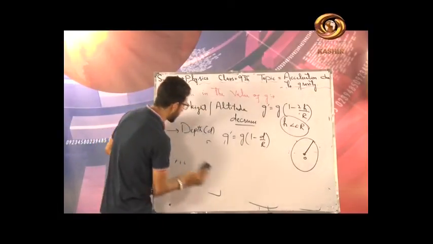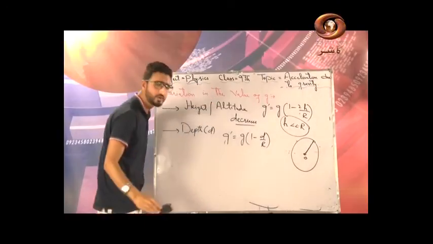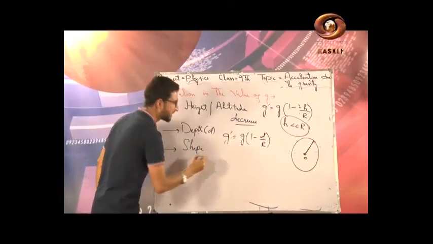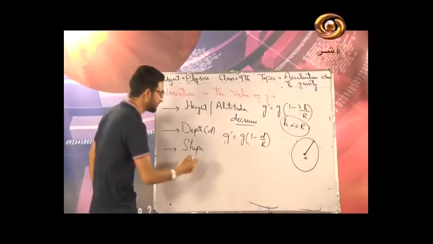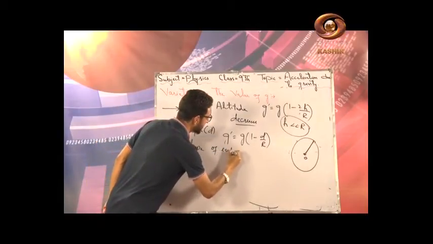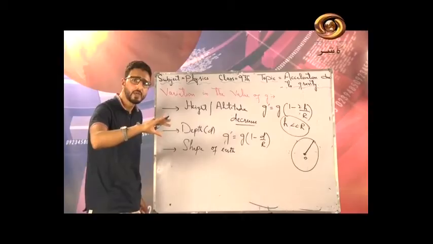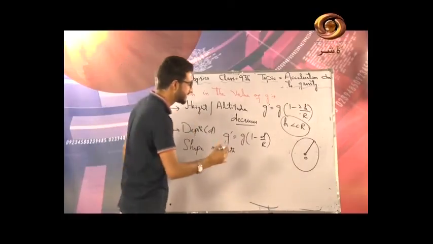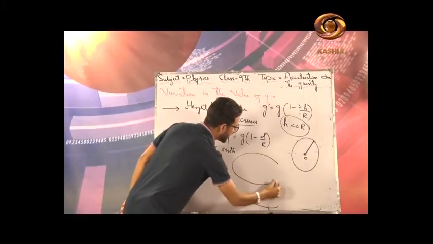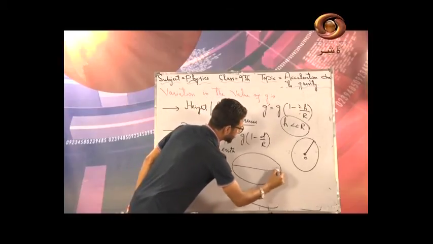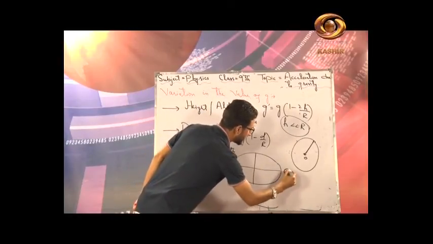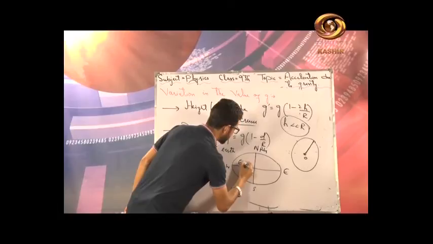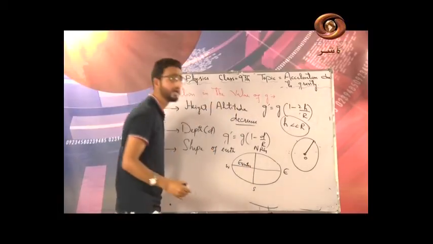Now the third factor upon which the acceleration due to gravity depends is shape of the earth। लेक्चर से पहले ही, इस लेक्चर के शुरुआत में ही मैंने आपको बताया था, ये जो अर्थ है it is assumed to be a perfect sphere of mass m and radius r, लेकिन रियल लाइफ में अर्थ is not a perfect sphere, it is bulged at the equator and it is flattened at the poles. This is east, west, north, south, so these are the poles and this is equator।